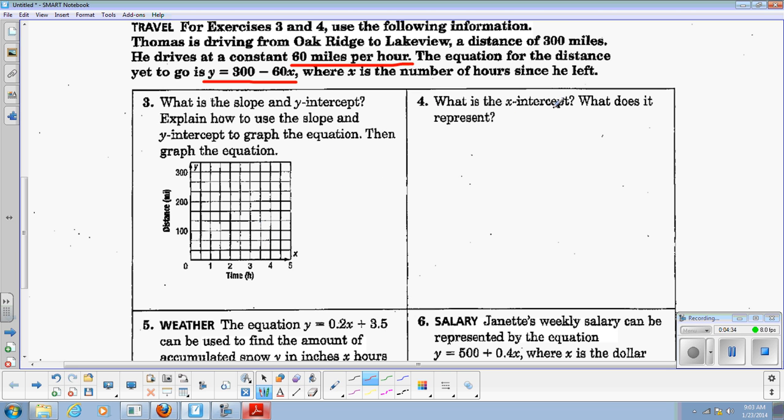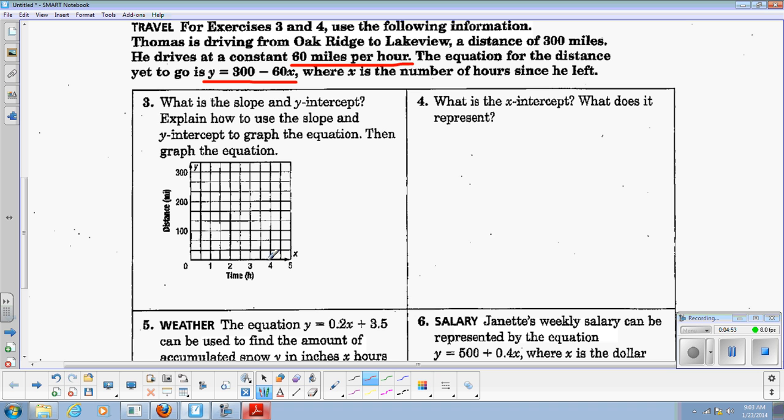What is the x-intercept? What does it represent? When you draw your line over here on number 3, keep drawing it straight until you hit the y-axis, or I'm sorry, my apologies. Draw it straight down until you hit the x-axis. Stop at the x-axis down here. Then what you have to figure out is,